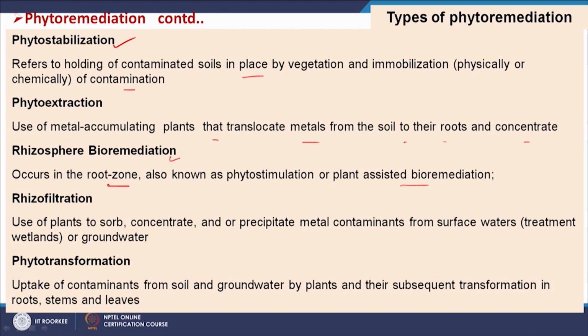And rhizofiltration is the use of plants to sorb, concentrate and or precipitate metal contaminants from surface waters, treatment wetlands or groundwater. And phytotransformation is the uptake of contaminants from soil and groundwater by plants and their subsequent transformation in the roots, stems and leaves. So, these are the different types of